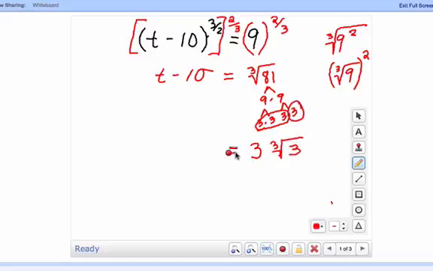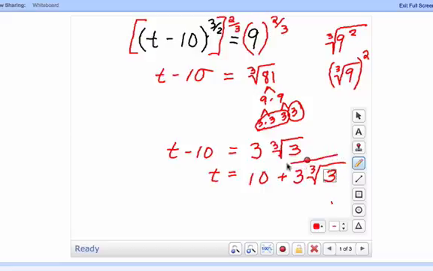Okay, and over here on the left we still just have our t minus 10. And now we can go ahead and add 10 to both sides. And so 10 plus 3 times the cube root of 3, those are not like terms, so we can't add them together. We just have 10 plus 3 times the third root of 3. Okay, so this is our answer, and you have an equation, so you can always check your answer